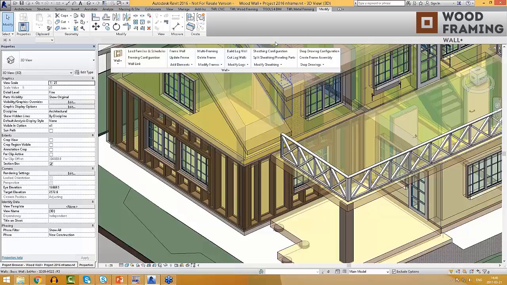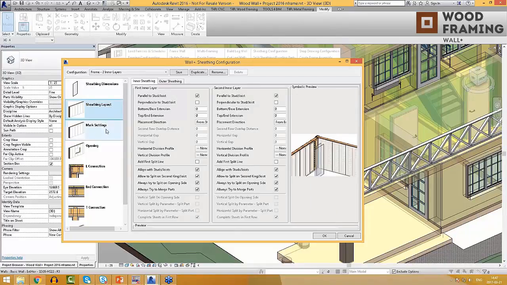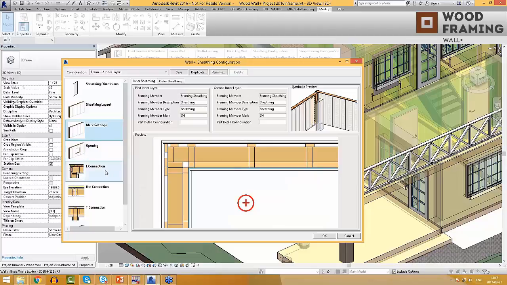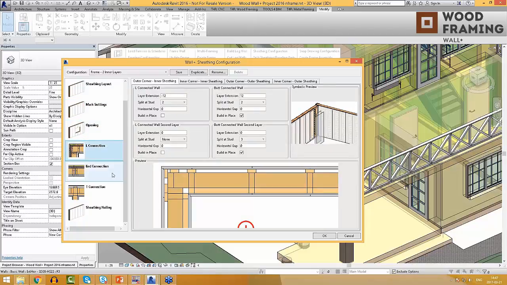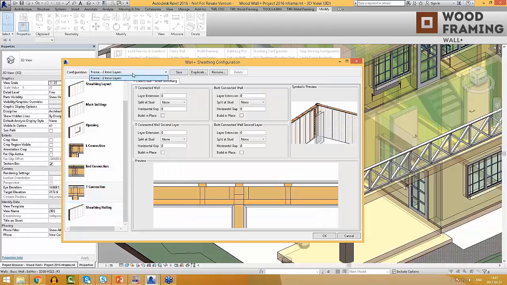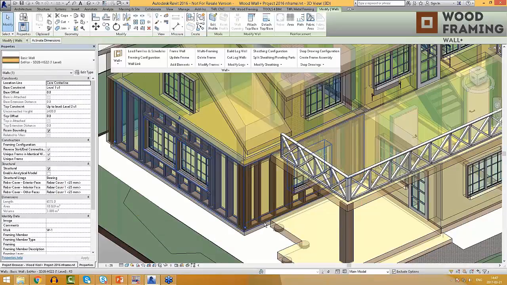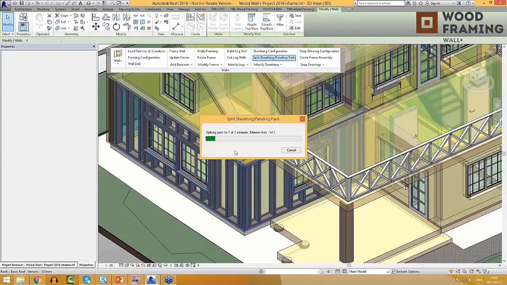split the sheeting. So once again, I have a sheeting configuration right here where I can set the spacing for the sheeting layout, the marker settings, and the offsets around the connections and the openings and so on. And I can save this configuration again by my own name. So I will go ahead, I will select these walls and use function split sheeting parts,